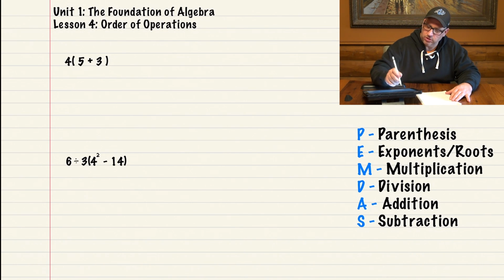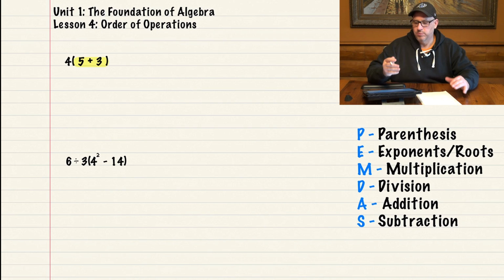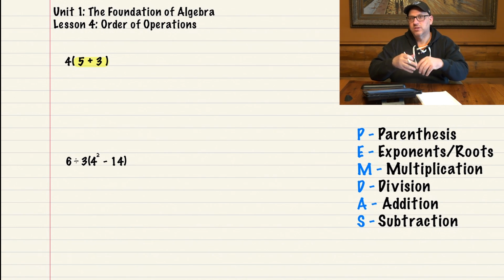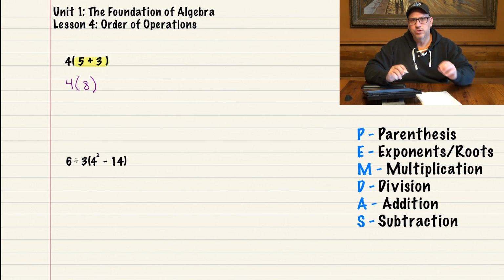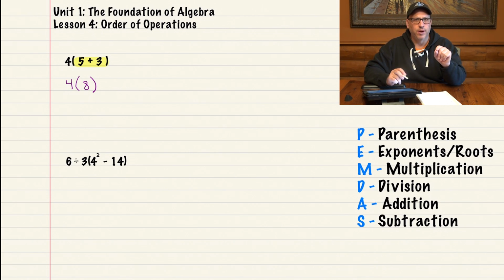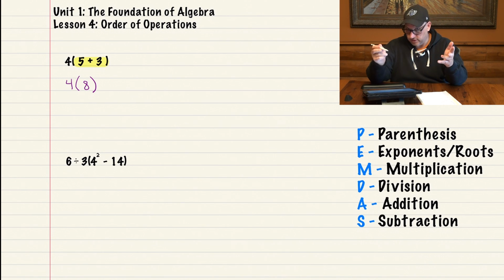So I'm going to take my highlighter, and this is just to help you see what I'm doing. That's the very first step that I have to do because I have something inside parentheses that needs to be done. So 4 then, and then a parenthesis, 5 plus 3 is 8. Now I hope that you know that when you have a number written next to a parenthesis, that means multiplication. So if you're unsure what that means, that's what it means. Unless there's an addition or subtraction symbol in there or a division symbol, then it would mean multiply the two